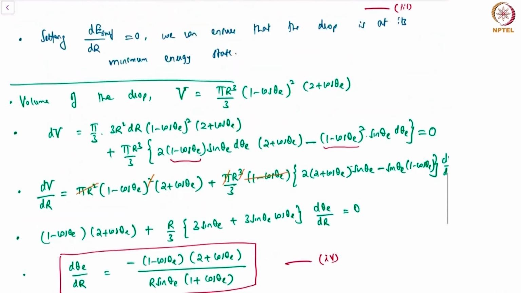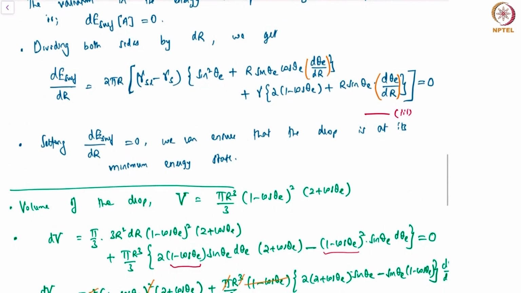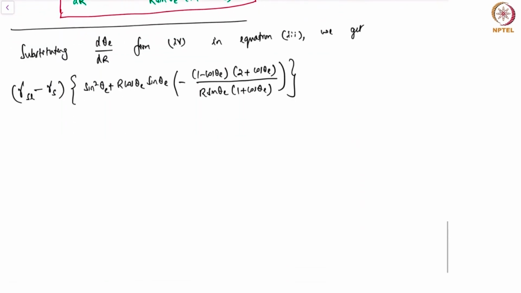That's the first term in equation number 3, and then the next term would be gamma times 2 into 1 minus cos theta e plus r sin theta e d theta e by dr. So let's write that down, plus gamma times 2 into 2 times cos theta e plus r sin theta e multiplied by